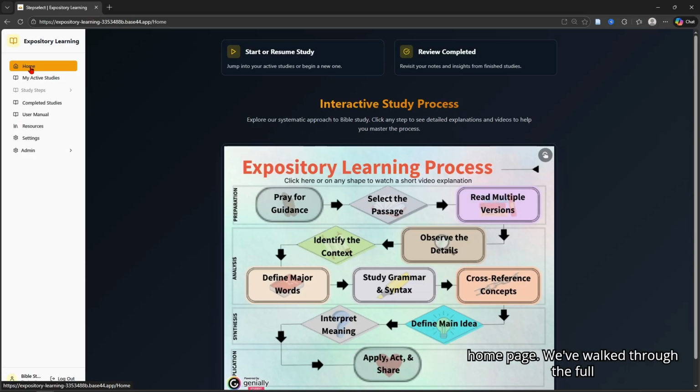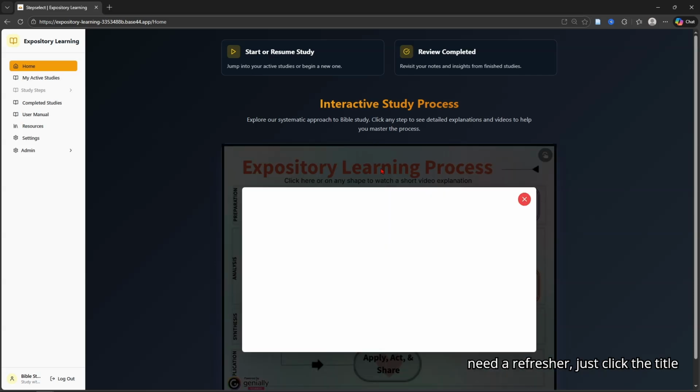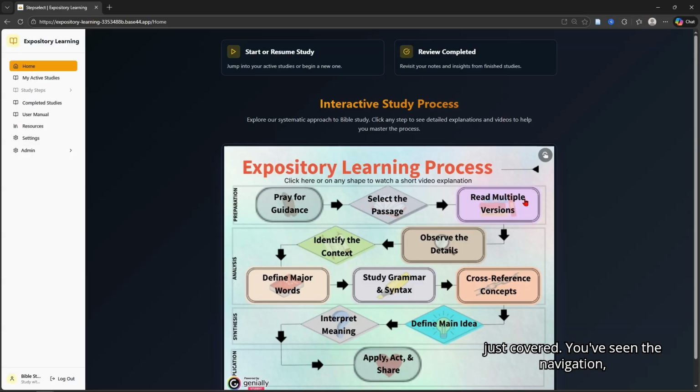We've walked through the full 11-step expository learning process, along with demonstrating how the chronological flowchart guides you through each stage. This video stays right there on the site. Anytime you need a refresher, just click the title of the flowchart and it'll play again to walk you through everything we just covered. You've seen the navigation, the note-taking, the Blue Letter Bible tools, and how it all comes together step by step. You now have everything you need to dive in